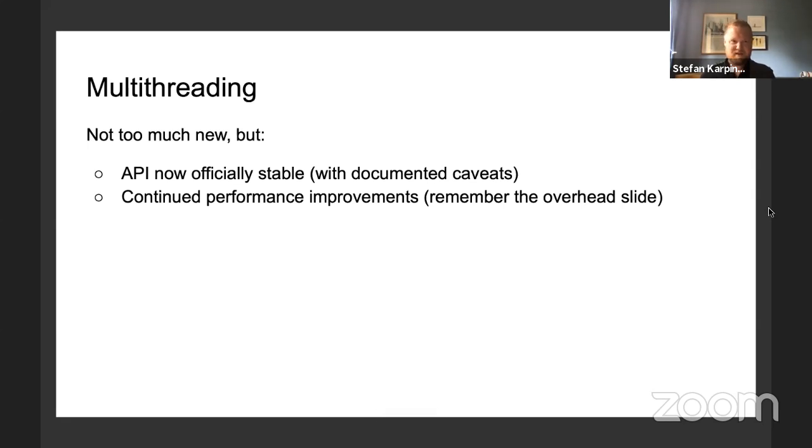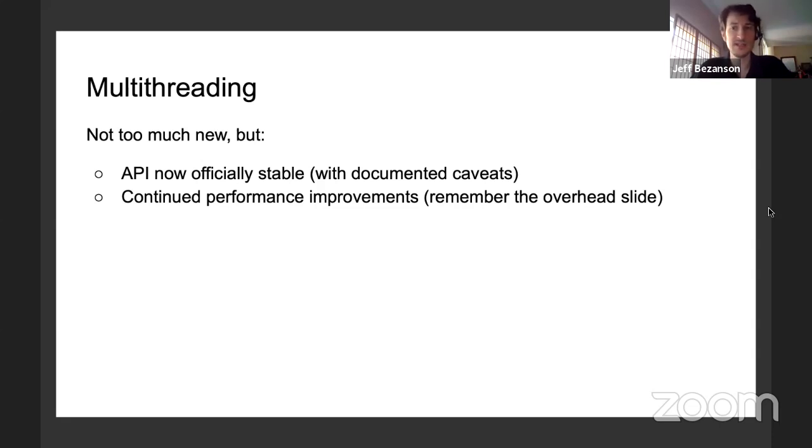Okay, so there's been a little bit of progress on multi-threading. You want to talk about it a bit? Yeah, sure. I'll say also at a high level, since we've been doing timed releases, we never know exactly what we're going to get in any given release. 1.4 was fine, but if you browse through the release notes, it's not really very big. It's a ho-hum release, solid, but not that much that's very exciting. 1.5 I think is really different. There's a lot of really great stuff in 1.5, so it's going to be great, I think.